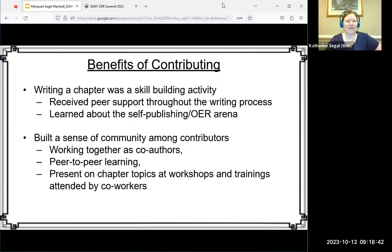And so one thing to highlight is because a lot of us were new to publishing, new to being authors and writing chapters, developing the skills around the writing process was a valuable piece of faculty development. So engaging in that process was really helpful to us. Receiving peer support, as authors, from co-authors as well as from the editors throughout the writing process,